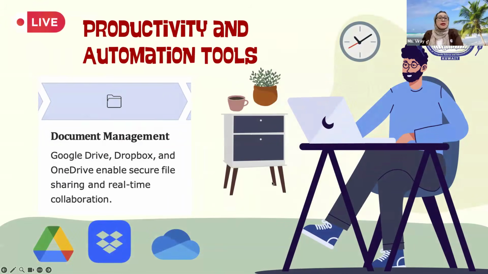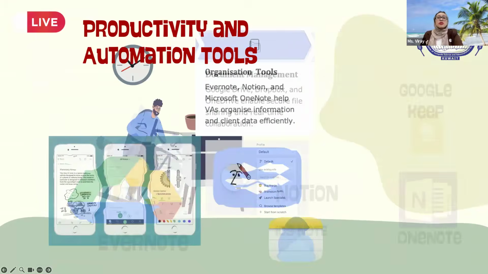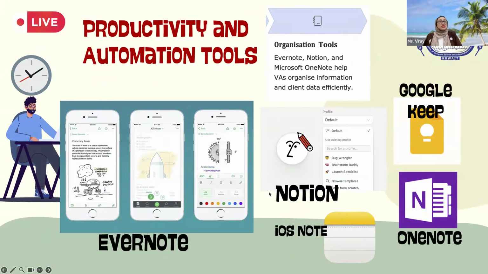Right, also document management, a part of your productivity. We also have Google Drive, Dropbox, and OneDrive. These are all cloud computing platforms. And I advise you to use these as well, especially Notion. Notion is also a very fancy platform for taking down your tasks. Okay, it's also somehow similar to Asana, Trello, and ClickUp. But also, Google Keep can be very, very helpful.